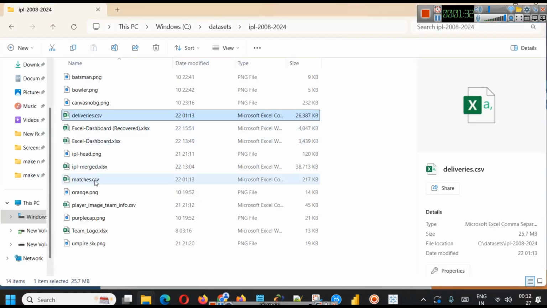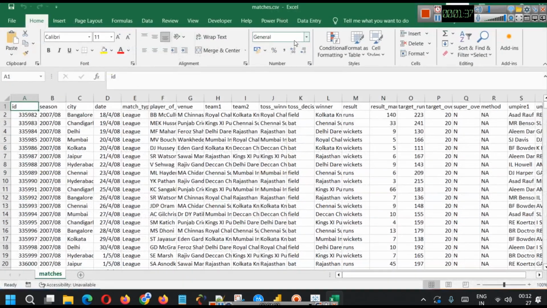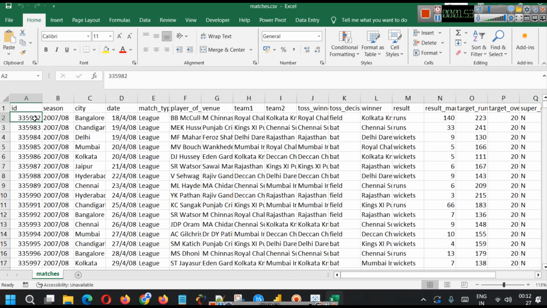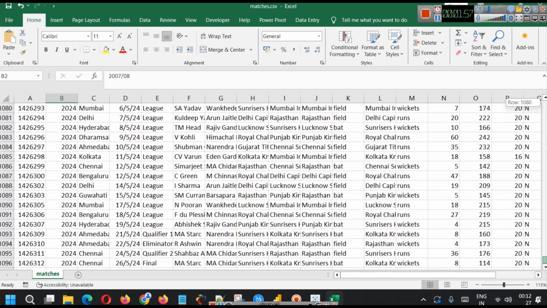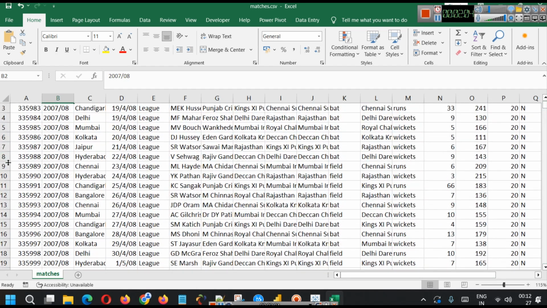One is matches.csv file, which we got from Kaggle. Dataset link, that Power BI dashboard link will be shared to you if you want to watch that. But if you are interested in Tableau, you can see the data. This is matches data. Every match has a unique ID. So matches started from 2008 to 2024, there are about 1095 matches, and every match has a